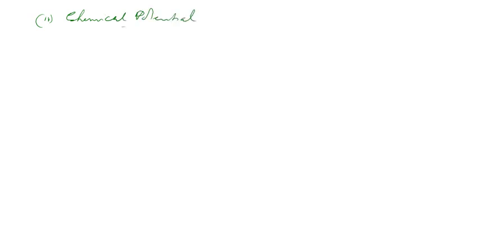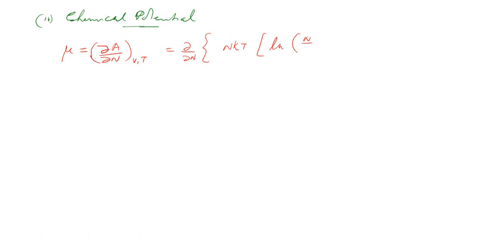That also is directly obtained from A, because that is a conjugate variable. So chemical potential mu, by definition, is dou A by dou N, keeping the other two variables V and T constant. So what do you do? You have to just substitute and take dou by dou N of A. What is A? That is -nkT log of (n by v h square divided by 2 pi m kT)